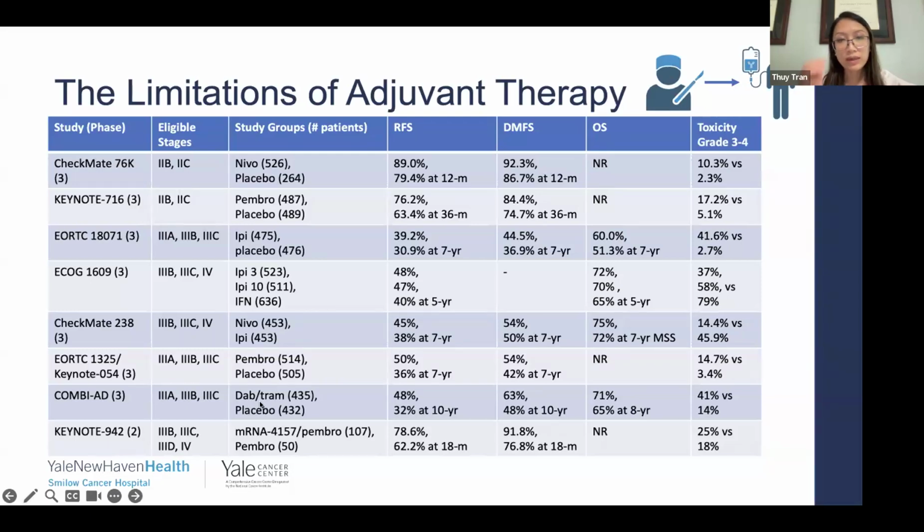Combi AD, I just included here, but it's actually a targeted therapy for individuals who have a BRAF V600 E or K mutation. This was really the only study that demonstrated a trend towards an improvement in overall survival. And this is the latest 8-year updated data, whereby with all the pre-existing adjuvant immune therapy options, really no clear